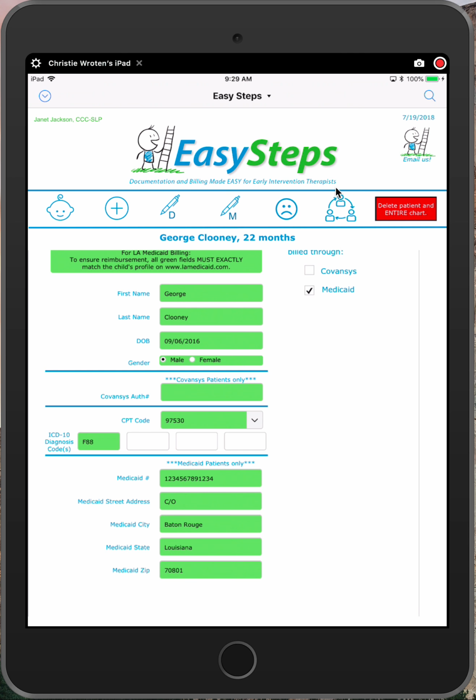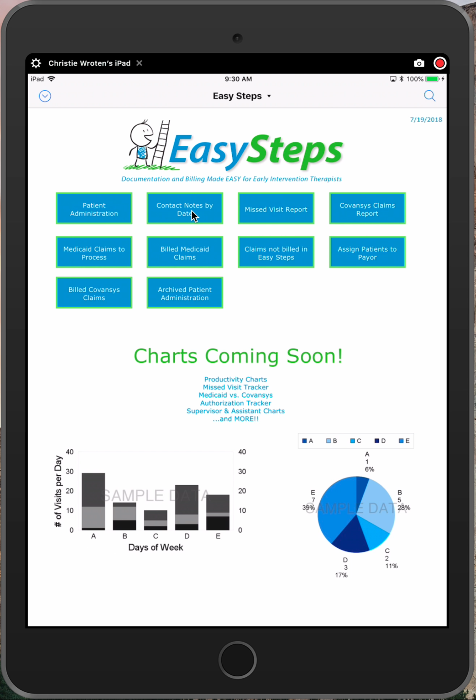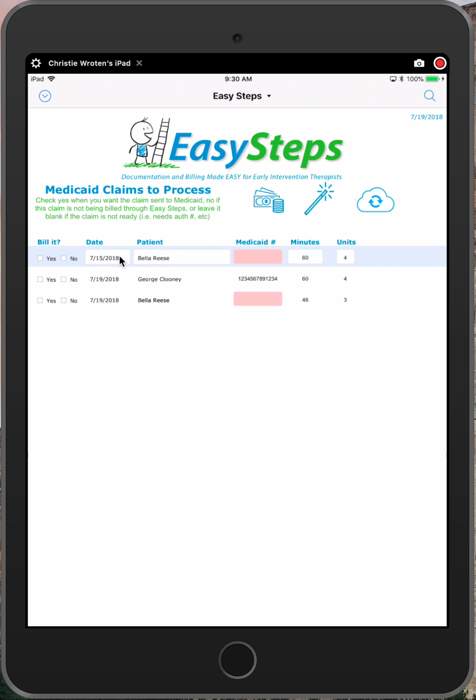Okay, so once you have all of that done for all of your patients, then you can go to your billing dashboard home screen reports, and kind of the most important places that you'll be going here is Medicaid claims to process. I'm just going to show them to you real quick. Medicaid claims to process. This is where you can quickly look and see, we forgot a Medicaid number for this baby. So you can go back. You can actually enter it here, but probably,